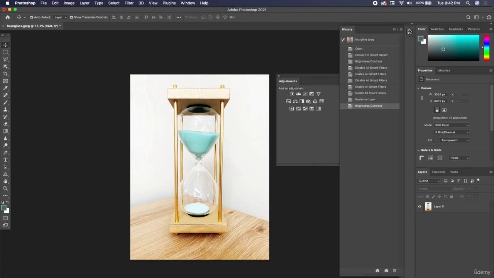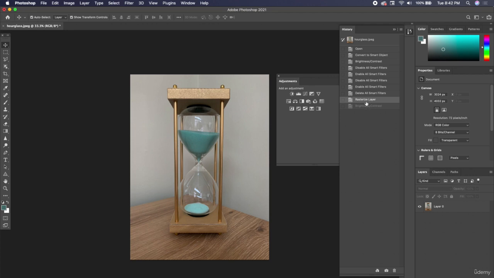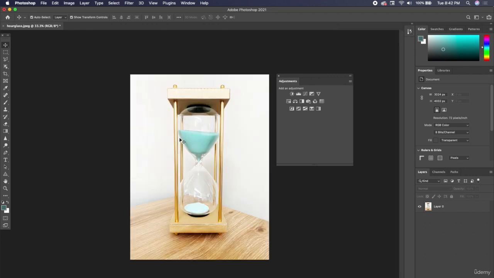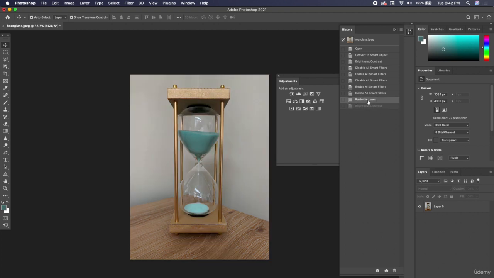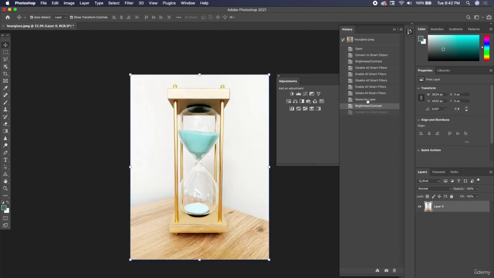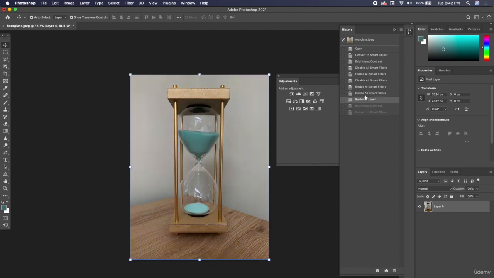I can go back in my history panel and go back one step. But let's say I've already done 5 other edits to it. I changed the color and sharpened it and did several things. I have to go all the way back to this step if I wanted to change or adjust anything. So let's go back in our history panel to right before we rasterized the layer, and now it's back as